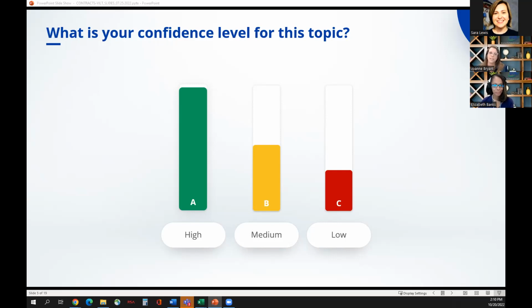Okay, well, that's great. Everybody, the majority is medium, so that's wonderful. Hopefully everybody has taken their training and are going through and learning all they can about the new system. And those people that are low, we'll help you get there. That's what today is all about.